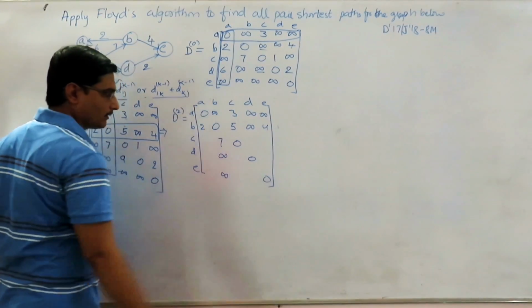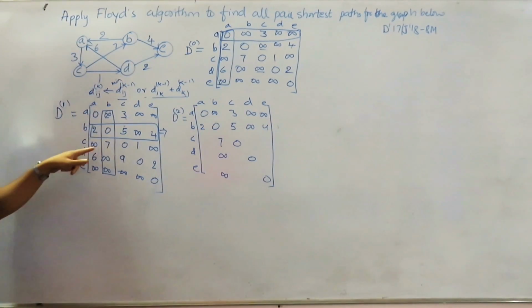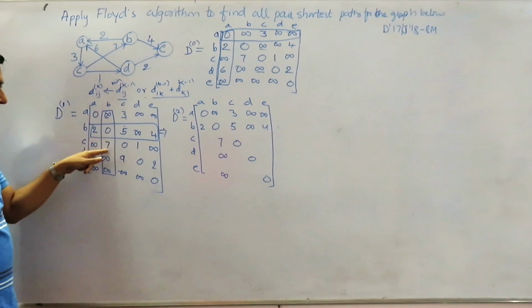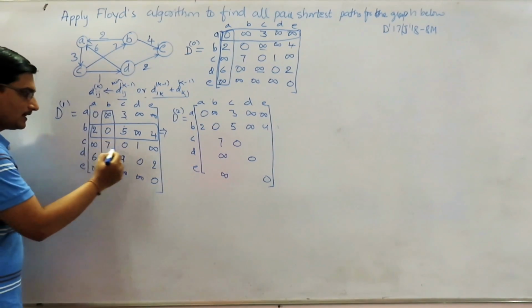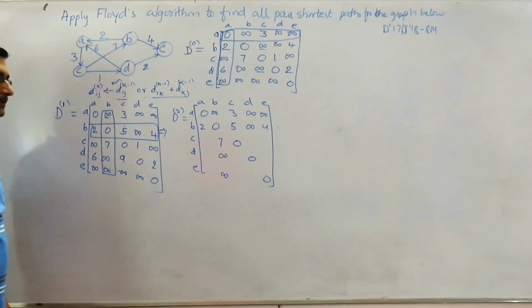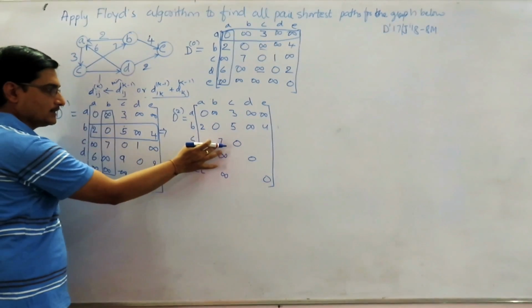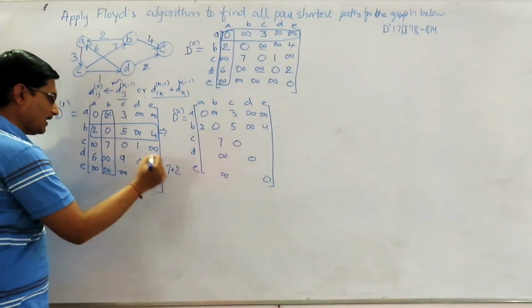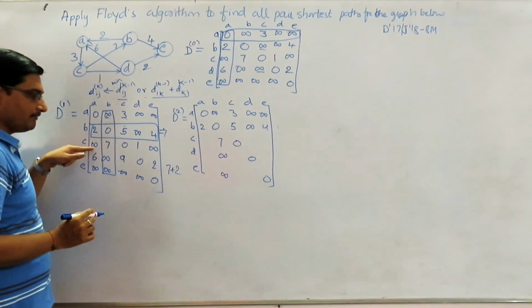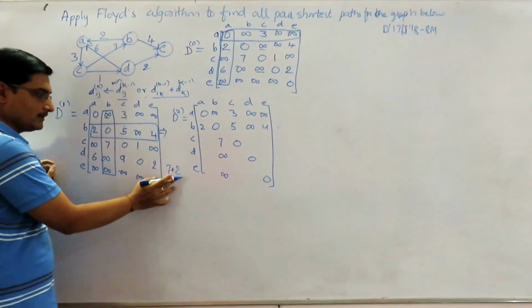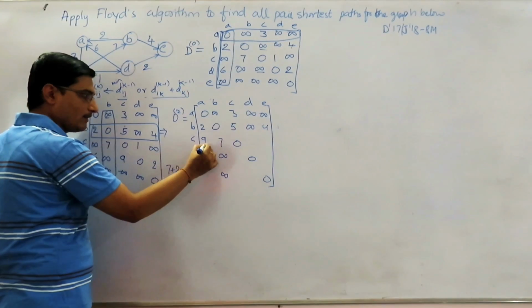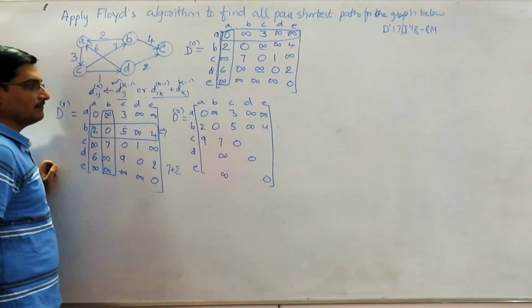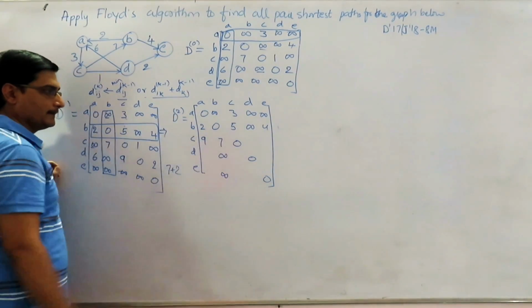Directly we will write the diagonals. Now this entry is 7. There are chances that the third row is going to change. So this is 2 and this is 7. 7 plus 2 is 9, and the earlier entry is infinity. Infinity is greater than 9, so 9 is the minimum. So we have to update this. So this infinity has changed to 9.